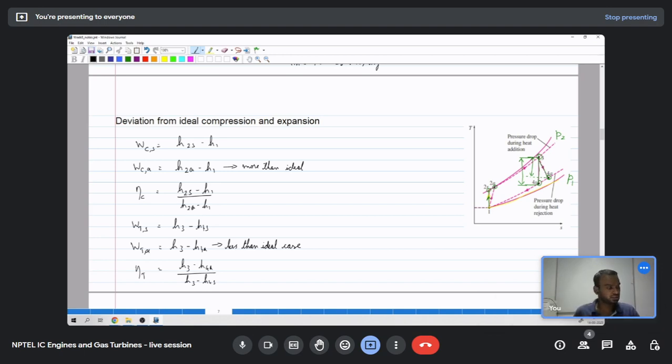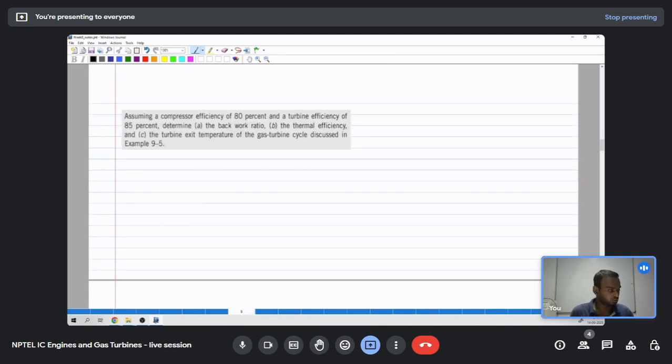I hope this is clear. Then we will solve one problem using this efficiency. Assume a compressor efficiency of 80% and turbine efficiency of 85%. Determine the back work ratio, the thermal efficiency, and the turbine exit temperature of the gas turbine cycle discussed in the previous example. So in the previous example we had